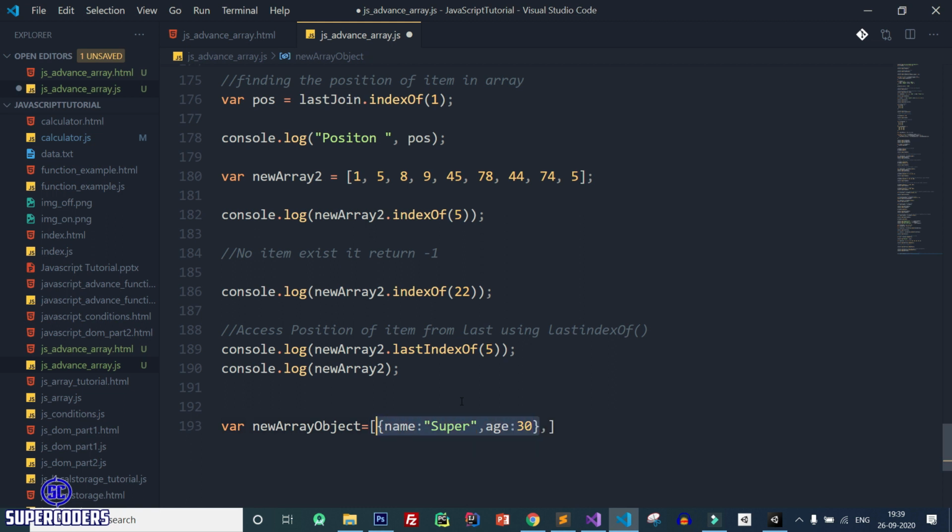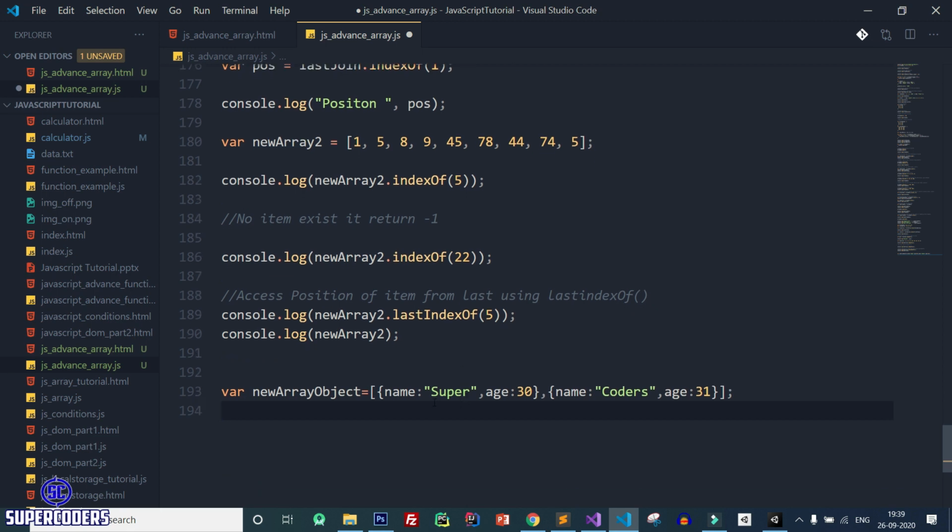So copy this and coders, 31. After that, let's try to access the index of this object.